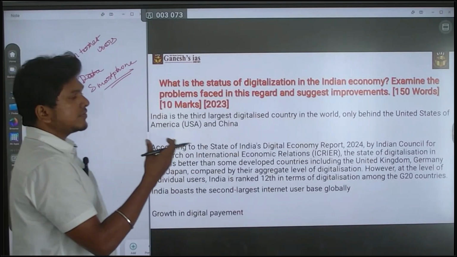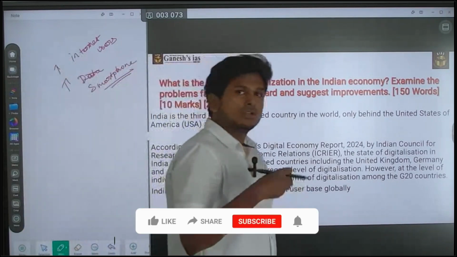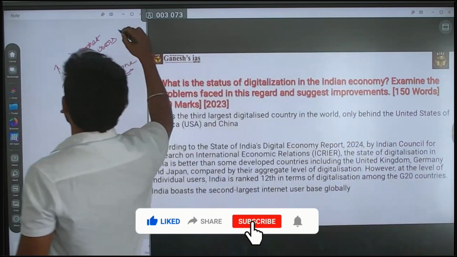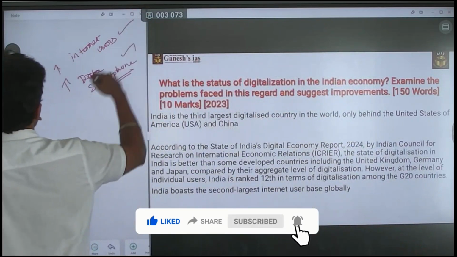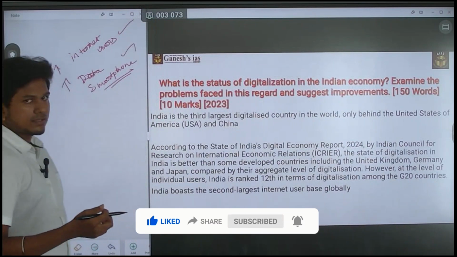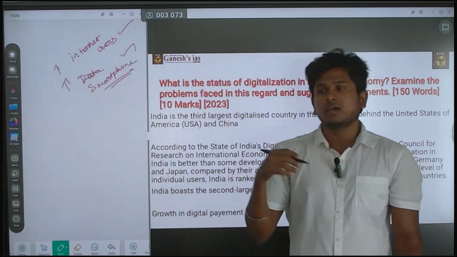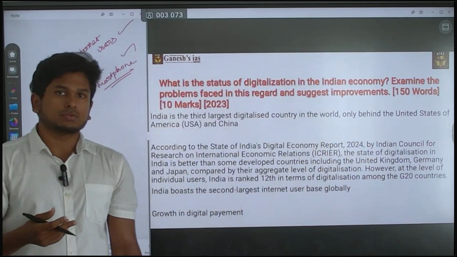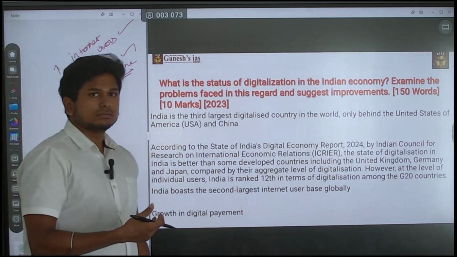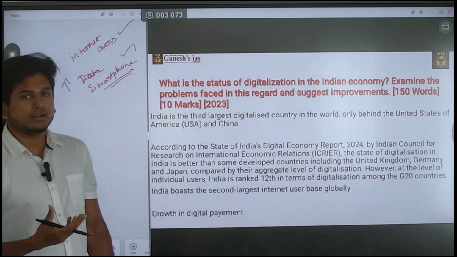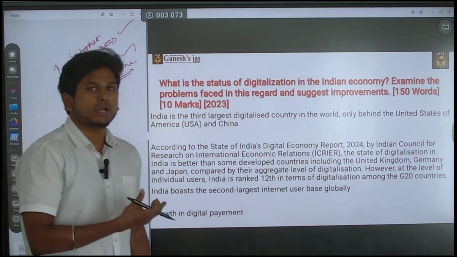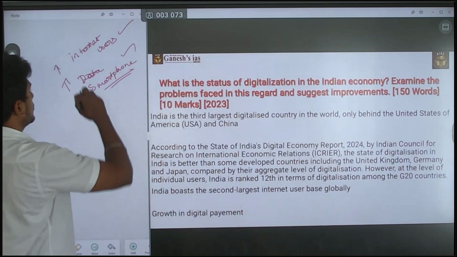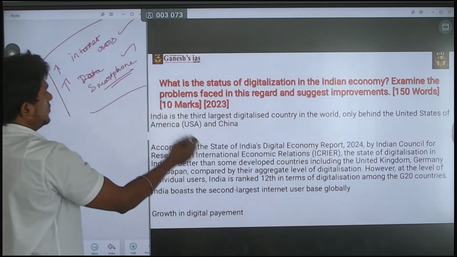They are asking about the status of digitalization in the Indian economy, so you can answer this question generally. If you don't know any data, you can say that there is an increase in internet users, an increase in smartphone usage, and even the rural areas are now using the internet. UPI transactions have reached the rural areas also. You can quote that if you don't know any data. But it's better to have certain data in your answer. That will enrich your answer. That is a more important thing. So this is the first part of the question you are addressing.